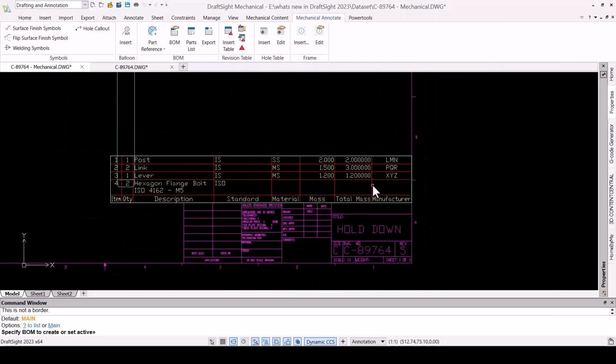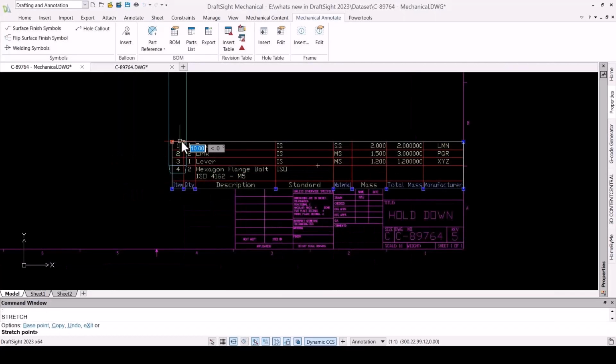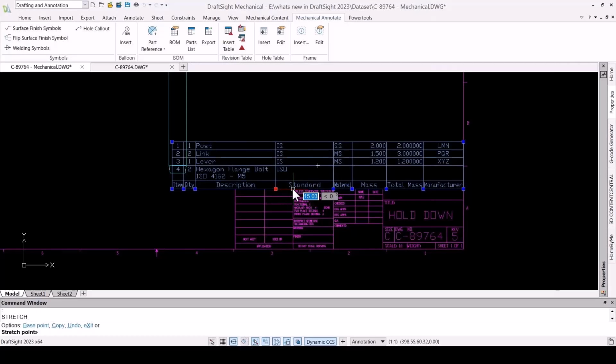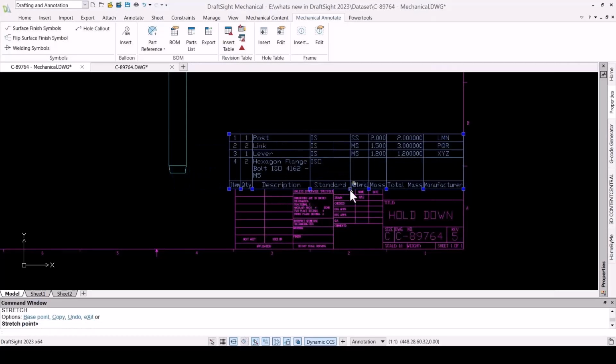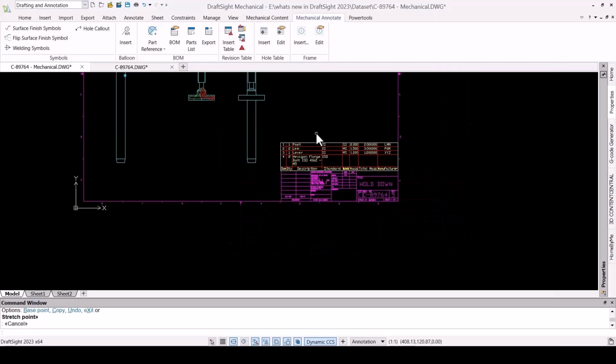and then it's a matter of dressing up. So I can adjust the columns and the rows as suitable as needed in the drawing. So that's how I can create an automatic bill of material within the drawing, which helps me to avoid the manual